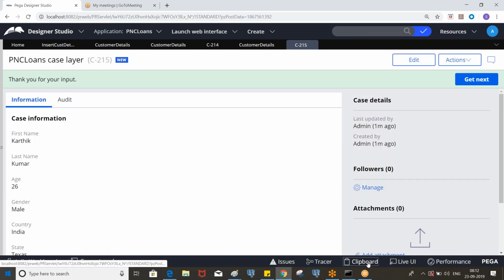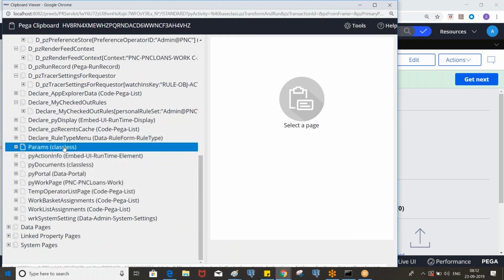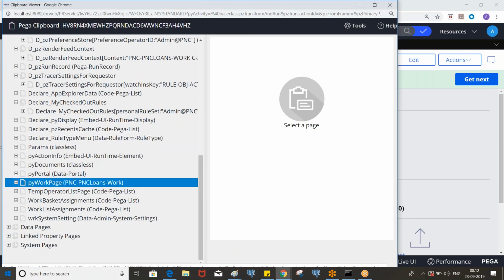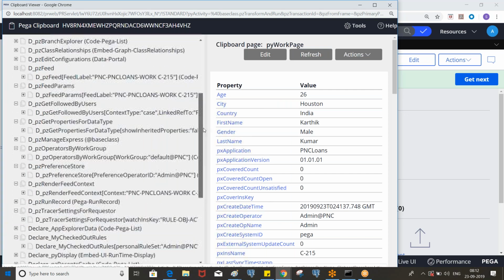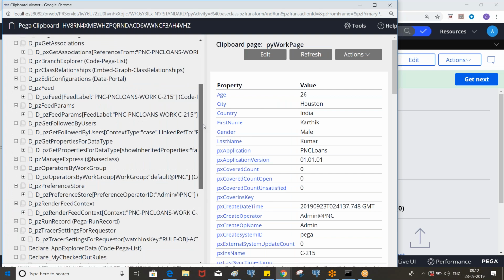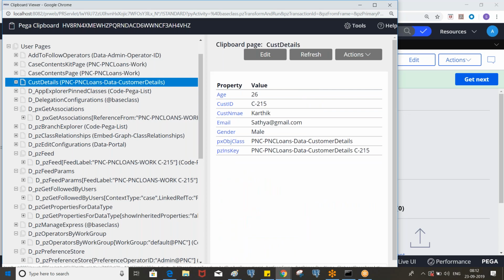And now go to the clipboard. On the PY work page, you will see whatever data you entered. Okay, first name, last name, and all. And you will see one more page, that is the page we specified in the activity: customer details, right? So customer details also will be available.